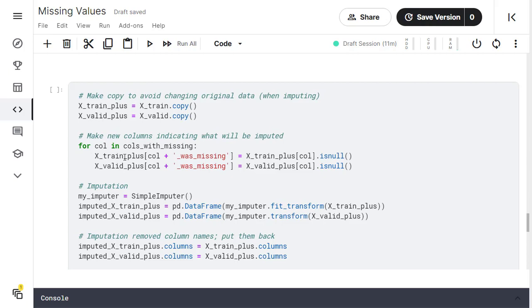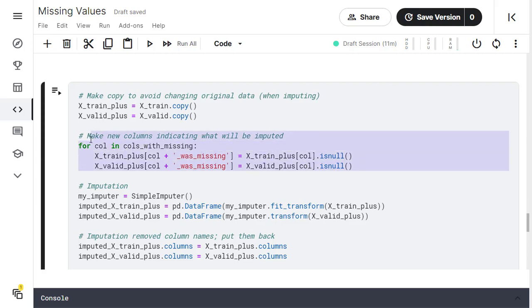The name of the additional column was the column name succeeded by was missing, and the entries inside the column were true and false. If it is a null value then the entry will be true. If it is not null, the entry will be false.